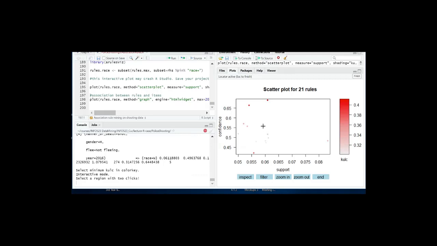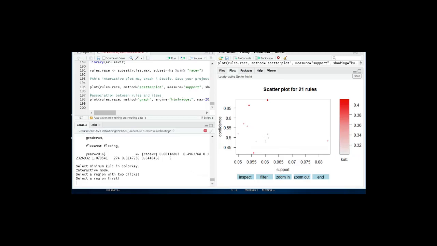We can also, so this graph is now reduced from 0.3 to 0.4 and a little bit above. So as you can see, the rules has been filtered.